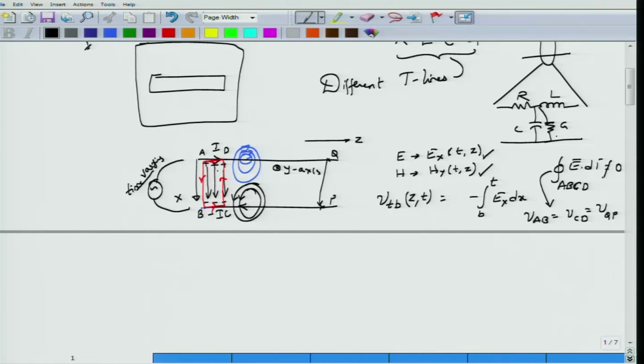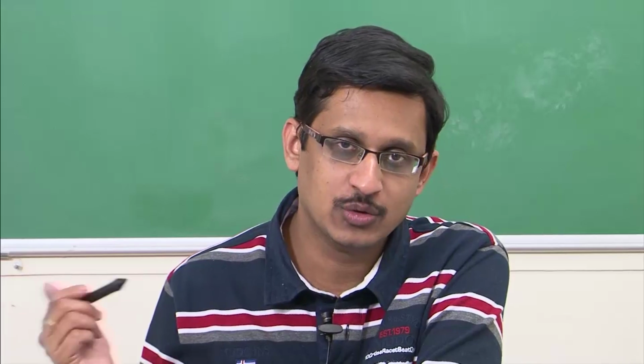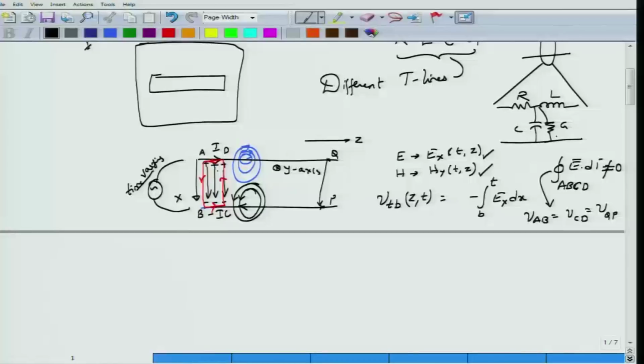Therefore, for that situation, the line integral over this loop will actually be non-zero, and this is to be expected, because when you have a time varying potential, the electric field is changing with time, and this change in electric field must induce a certain magnetic field. From Faraday's law we know that these things would happen. So a changing electric field would induce a magnetic field, and a changing magnetic field would induce an electric field, and that has to come out. So in this loop, if you have an electric field which is changing, then there will be a magnetic field